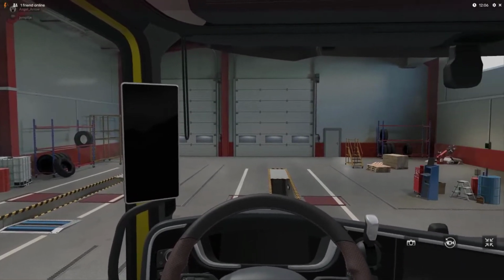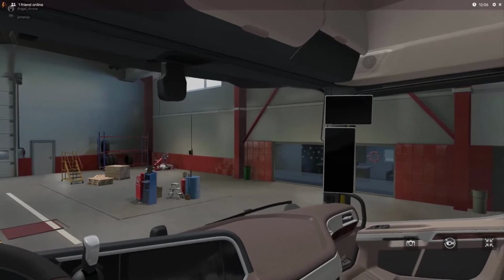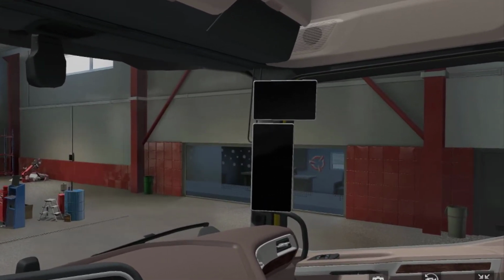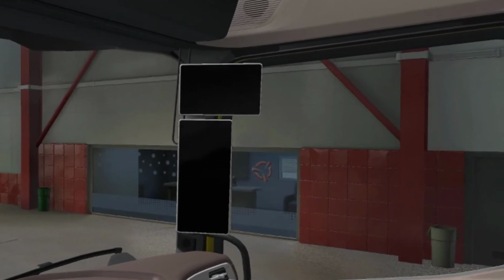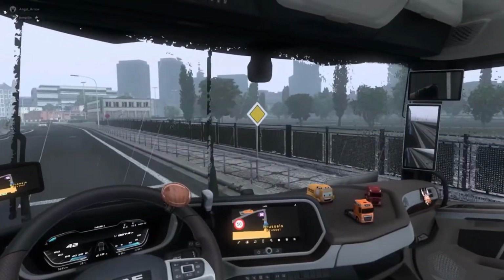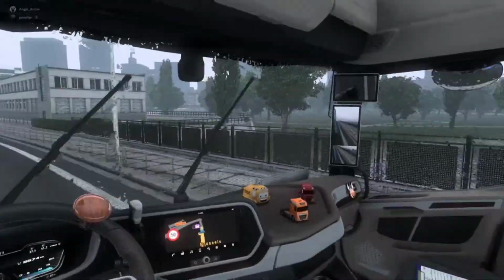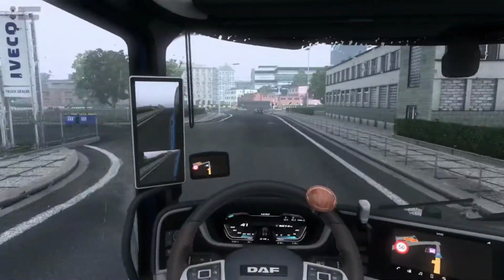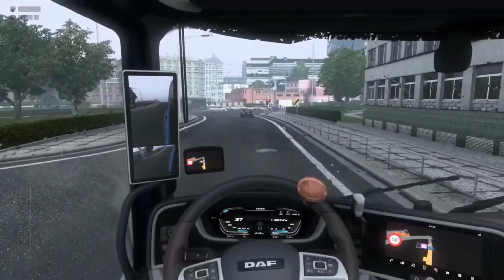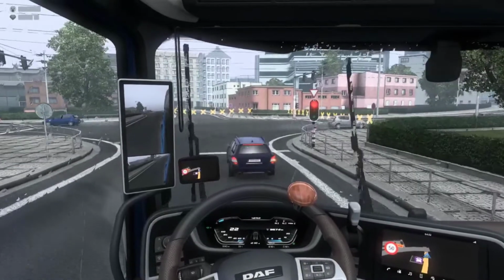First of all, there are no outside rear view mirrors anymore. That can give you some more room to maneuver in tight places, but it will definitely give you a better view of what happens around you while driving in bad weather. You don't have the raindrops anymore on the mirrors, which gave you less vision from time to time, or even no vision at all. In real life, these cameras are coming with a heating system that provides a clear view